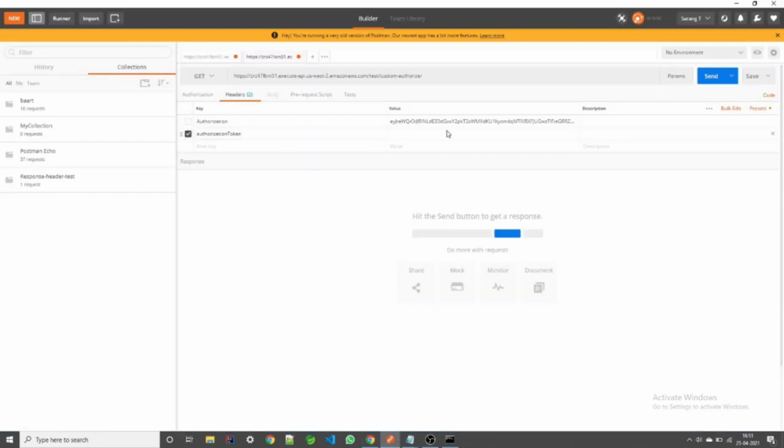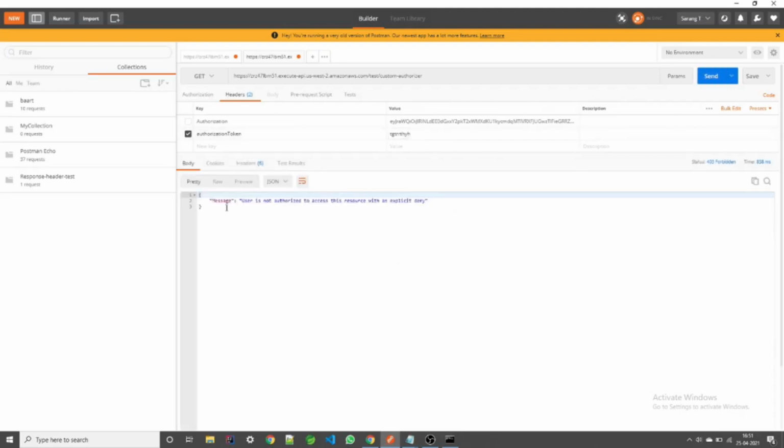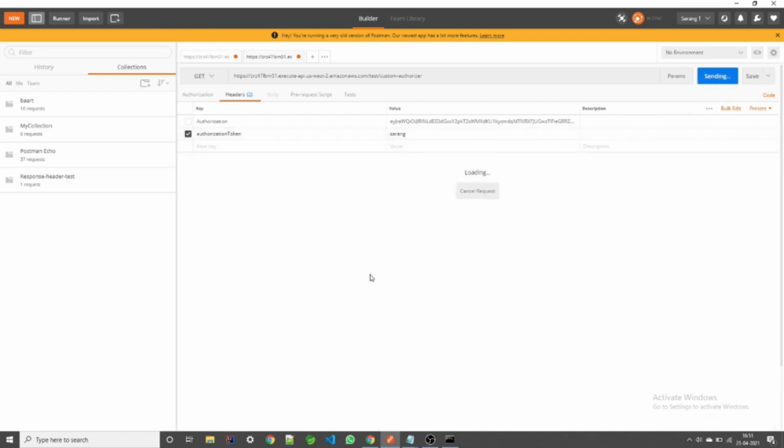I'll turn off this one, pass any random value, and let's see the response. See, it says the user is not authorized to access this resource with an explicit deny. Now I will pass my name, Sarang, and let's see whether I'll be able to call. Okay, I was able to call